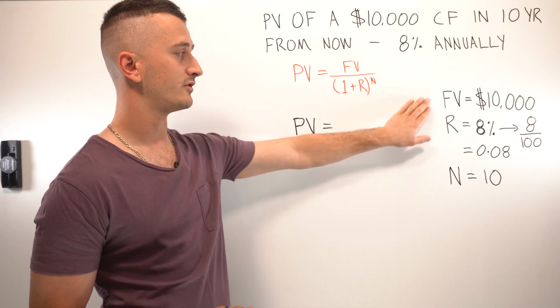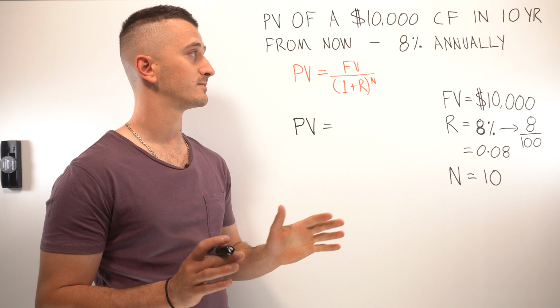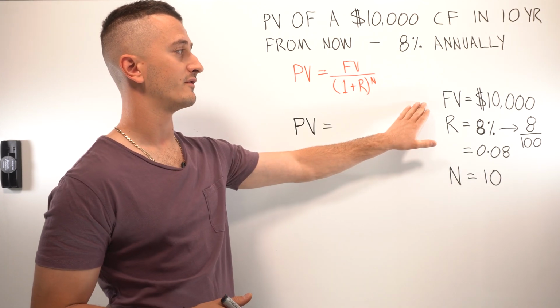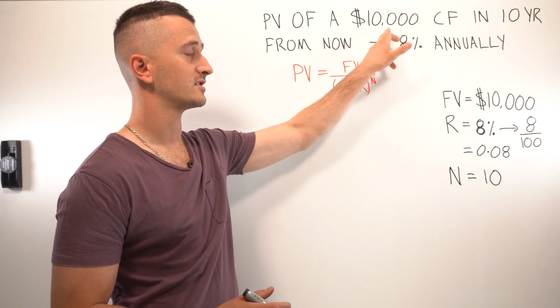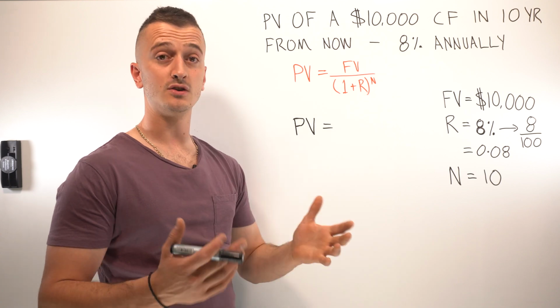But what I've got over here for you is I've just placed the values on the screen, just in case you need a bit of extra hand, especially during this first example. So our FV, our future value, is our $10,000 cash flow that we're going to receive in the future. R, our interest rate,